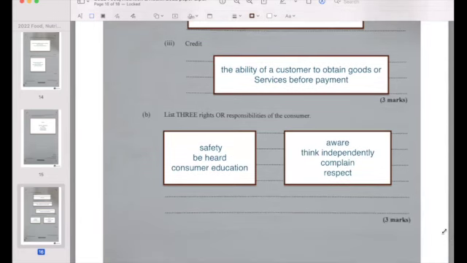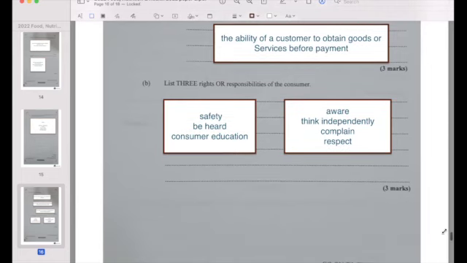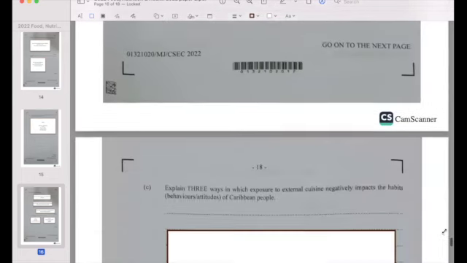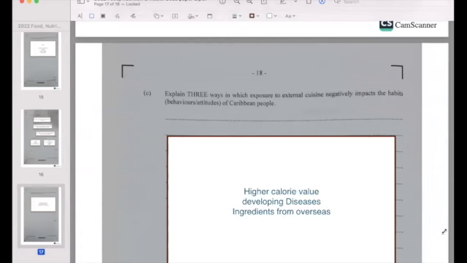All right. List 3 rights or responsibilities of a consumer. So the rights will be the right to safety, the right to be heard, the right to consumer education. The responsibilities will be to be aware, to think independently, to complain about any defect, and to be respectful. Explain 3 ways in which